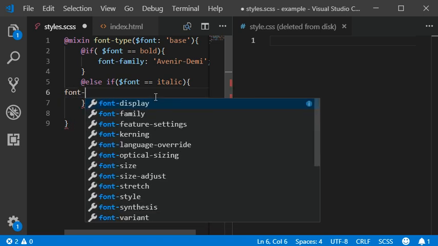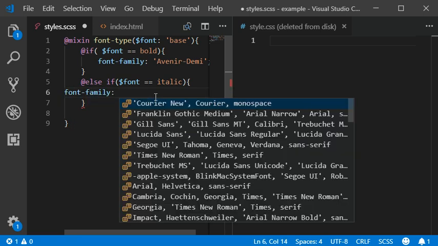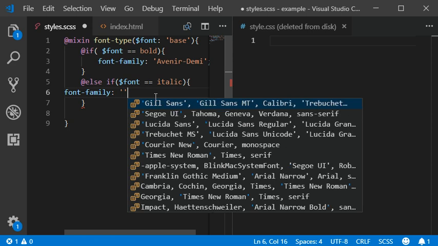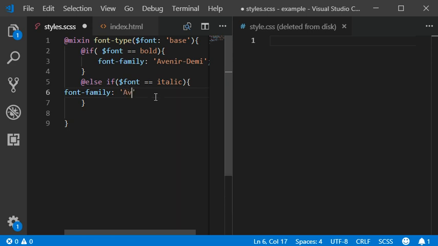We need to add font family with the name of light italic, and